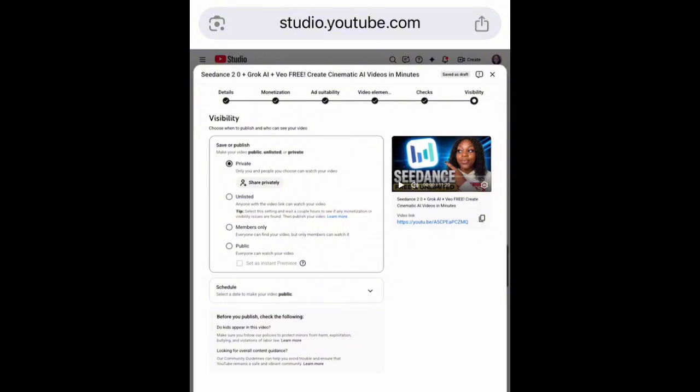I will leave it in private and I'll go and show you inside the normal YouTube app to make sure everything is set before I make it public. Leaving it on private actually helps you to study the video, and when you make it public, YouTube will now know the people to push it to. It gives YouTube time. So you can leave it like this for like 30 minutes. It's not a bad idea.